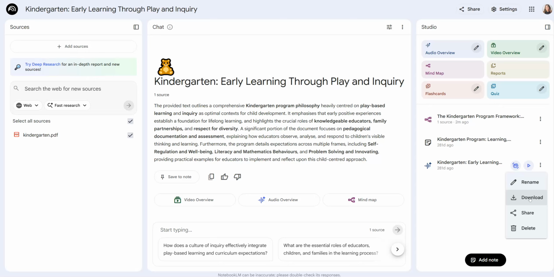Now, it doesn't necessarily give you all of the information, and it's not always 100% accurate, but it provides you with an overview. So if this is an article or a document that maybe you knew a lot about before and you just need a refresher, or maybe this is your first time reading the article, just listening to this first prior to reading it will help you really hone in on the key parts of the article that you're looking for. And it also lets you know if the article is relevant to your research.